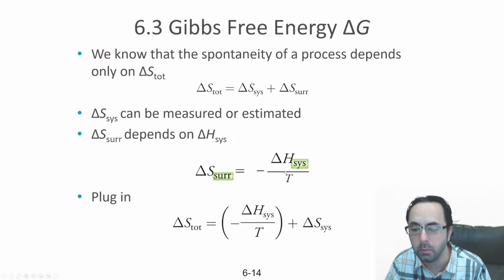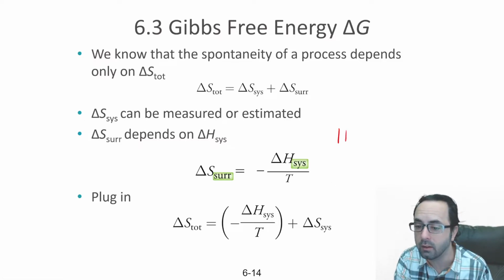The exact relationship is the delta H of the system divided by T, which is basically saying that the more the temperature changes because of delta H, that's going to increase the delta S surrounding. Now, notice the temperature here is on the bottom. The reason why is because if the temperature is already low, even a small delta H can change the temperature significantly. Imagine that you have surroundings at a temperature of 1 Kelvin, and then after the reaction, it goes up